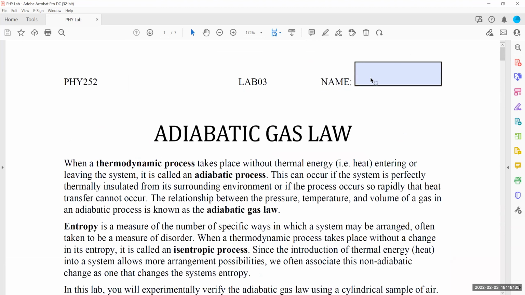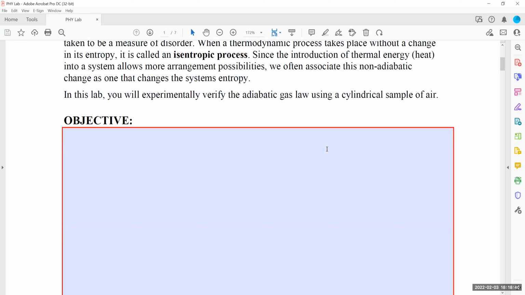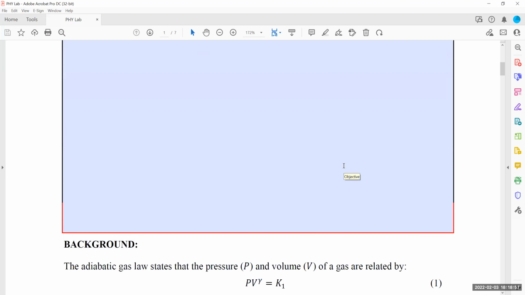Don't forget your name in here. As you go about this, usually it's a good idea not to start the objective right away. I know you probably have a very good idea of how the lab looks, so you might be tempted to start with it, but leave it for a second until you complete everything. However, don't forget it. You're going to lose 3 valuable points if you don't do this.